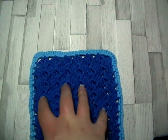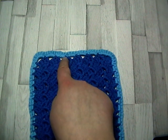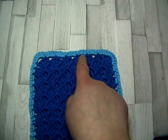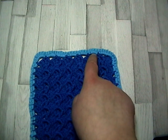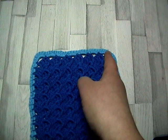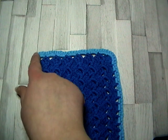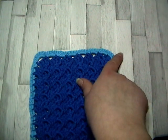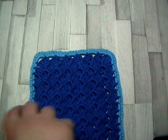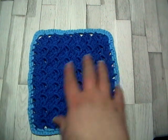For the top, you're going to make 4 double crochet in each of the chain spaces we created. You need to put an extra stitch in the first and last space, and then an extra stitch in each corner for the turn. So there'll be 124 single crochet in total all the way around,